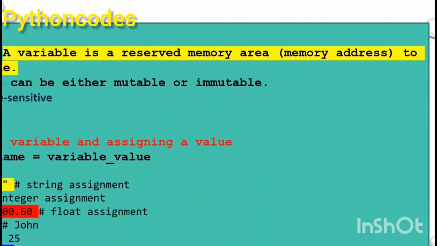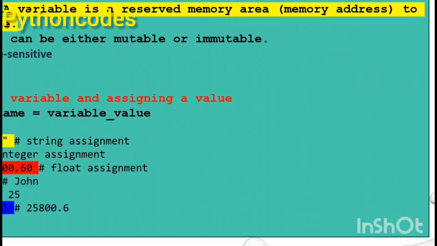Next topic is variable. What is a variable? A variable is a reserved memory area to store a value. For example, we want to store an employee's salary. In such a case, we can create a variable and store the salary using it. Using that variable name, you can read or modify the salary amount. In other words, a variable is a value that varies according to the condition or input